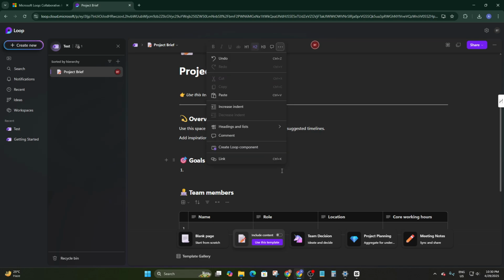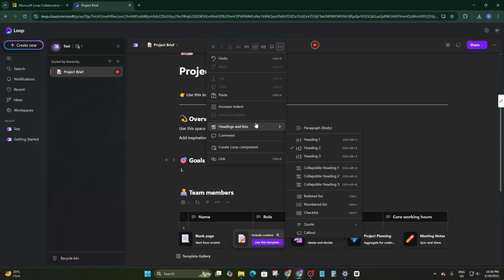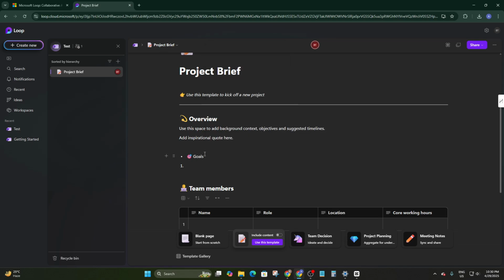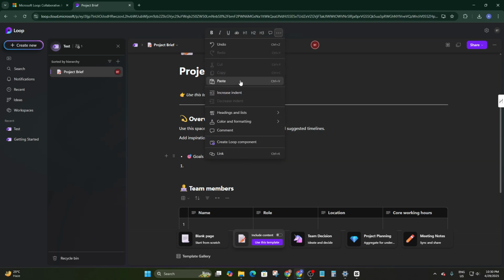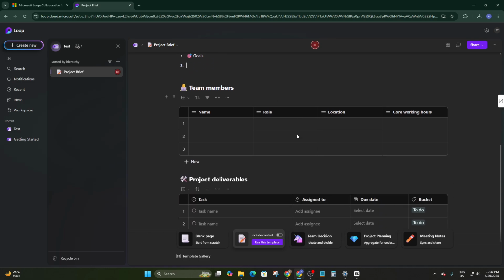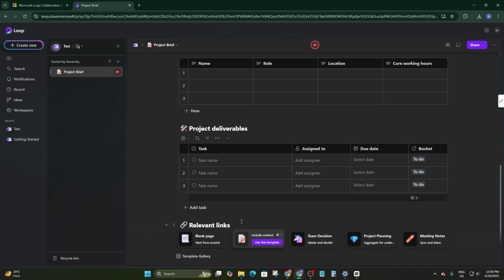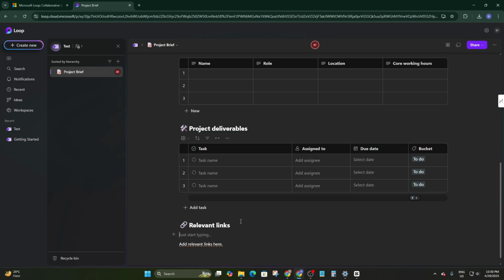If I tap on this button here, now heading and list, here you can find some bulleted list and number list and checklist. You can add some number list and bulleted list just like this, and from here you can just do it. Yes, and also you can ask for like